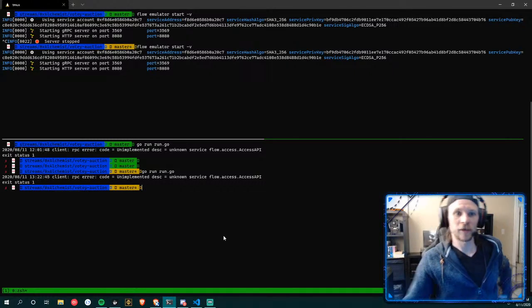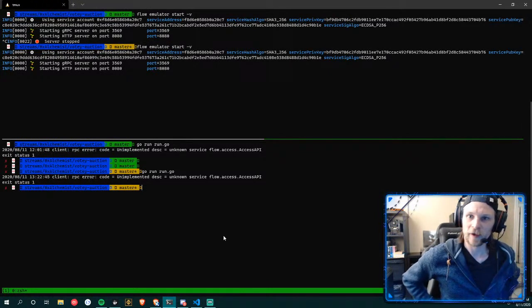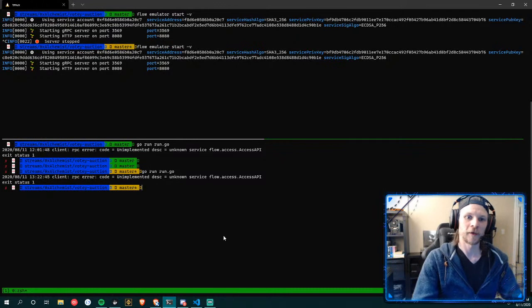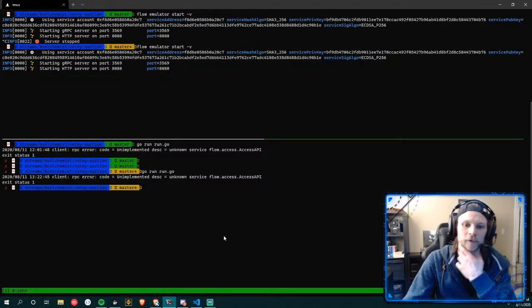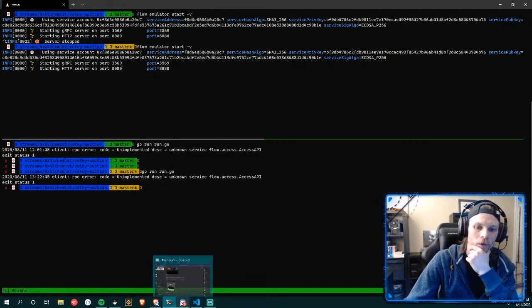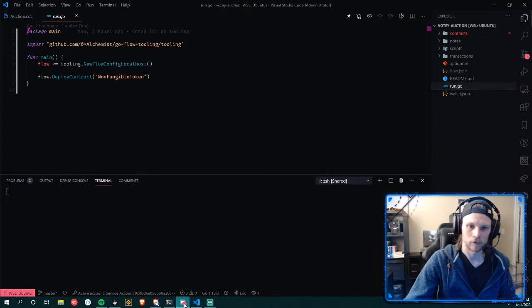Which sucks, because otherwise we're able to do the mega fast deployment, and it would speed our whole contract dev up so fast. But it's on the same port, right? It's not anything Linux specific that we wrote in our Go code, the Go tooling code. I don't think so. There's nothing there.